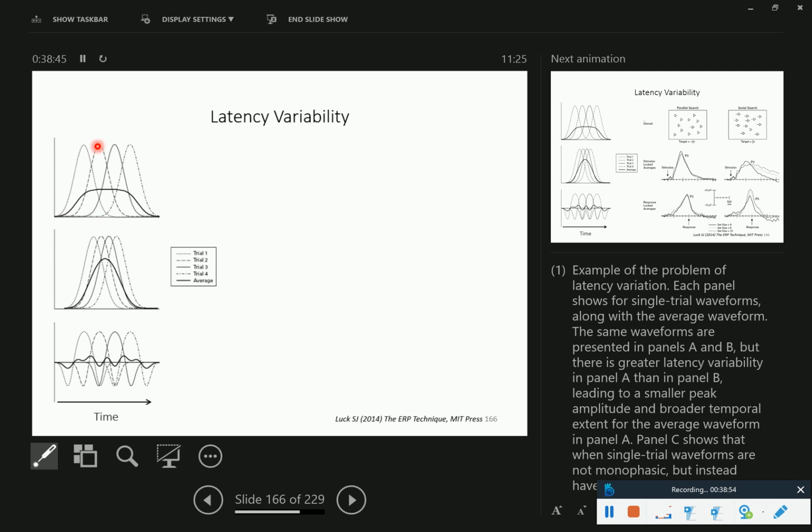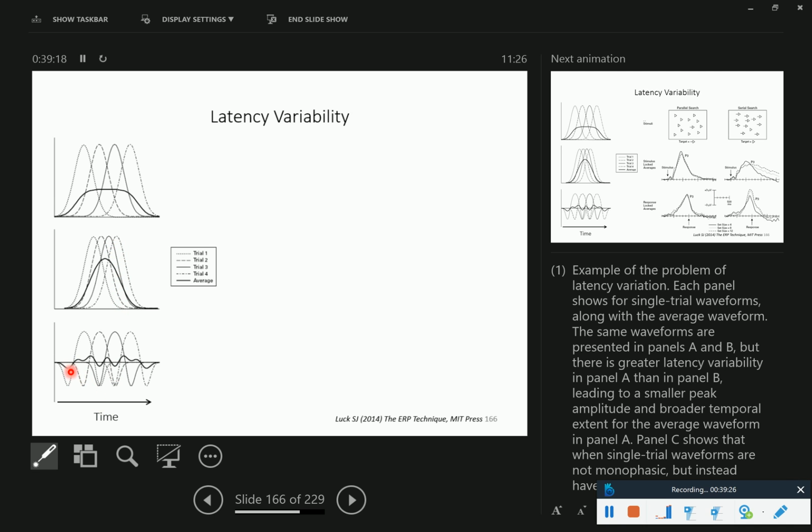On trial 1, trial 2, trial 3, and trial 4, you have these kind of Gaussian shaped bumps, but they all have kind of a different latency. And then if you compute the average, you will get this thick black line here, which does not really reflect what happened on a single trial. So on a single trial, the bumps actually were smaller, but they were variable over time. Same here, with a little bit of a different width of the whole thing. Even more complex here,